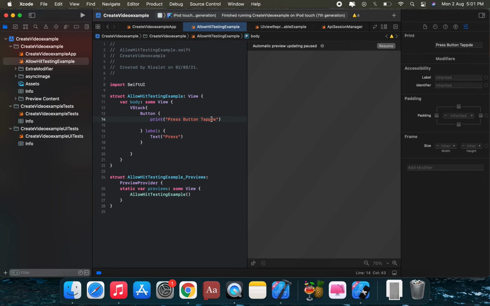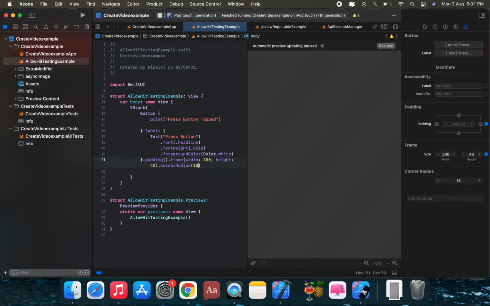On this button text we apply the headline font with a bold weight and a white foreground color. On the button we apply a background, then padding, then a frame with a width of 300 and a height of 40, and we remove the alignment. Then we apply a corner radius of 18.0.